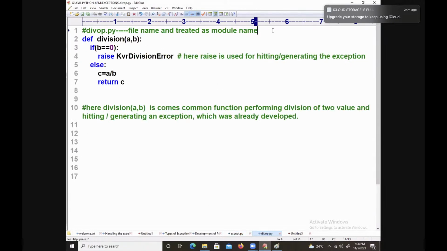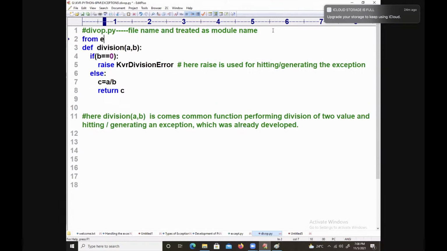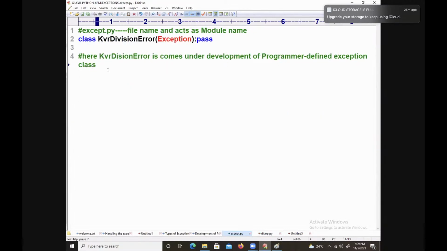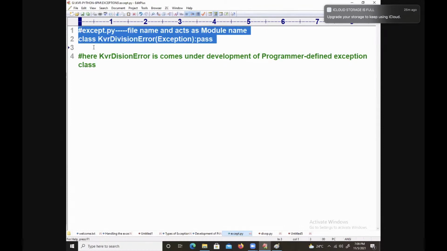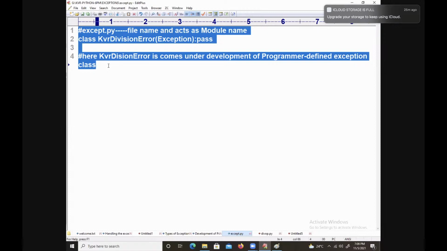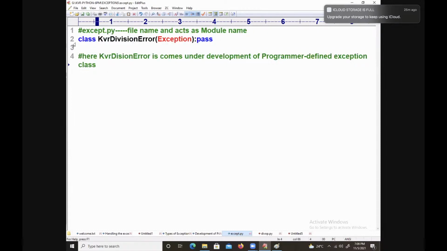Here I need to write what? From EXCEPT. What is this EXCEPT? Is EXCEPT a keyword or what? This is some keyword, I think so. Yeah, let it be. I will save it, 1 minute, my dear students.